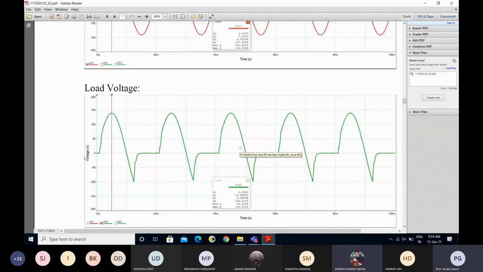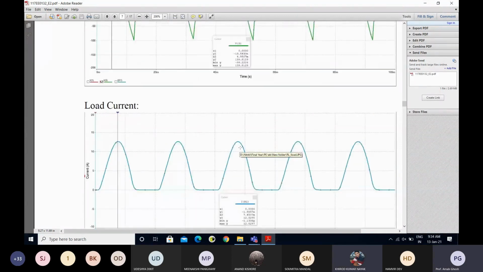Sir, 30 degree. So now, changing the firing angle, you have to check it: 30 degree, 60 degree, and what is your average voltage, and plot it. Sir, for two firing angles we need to calculate?